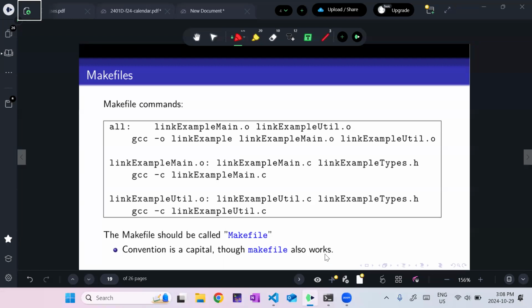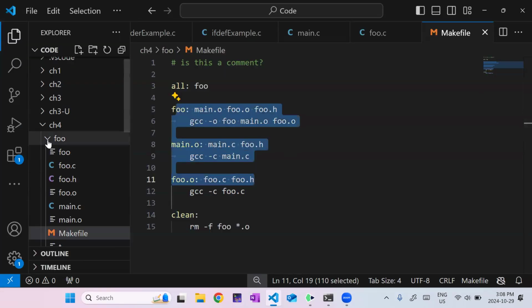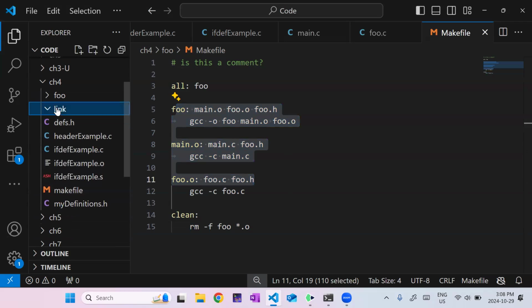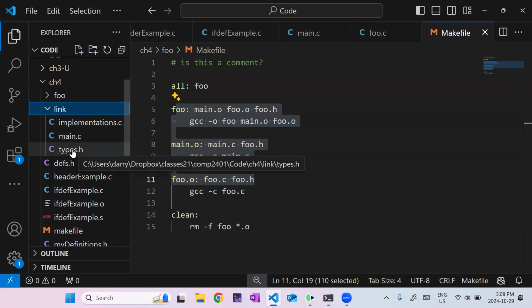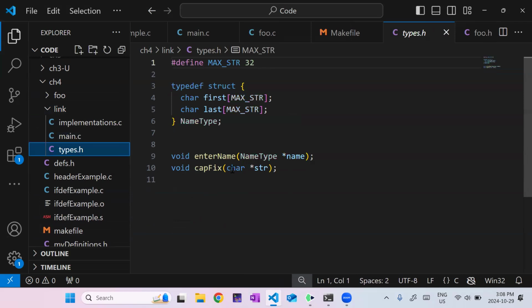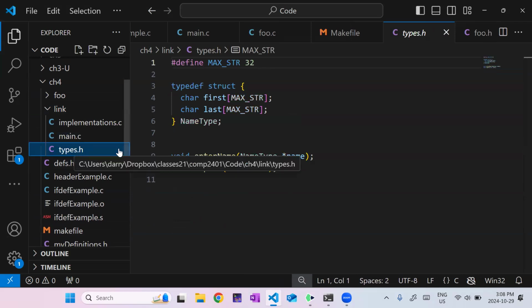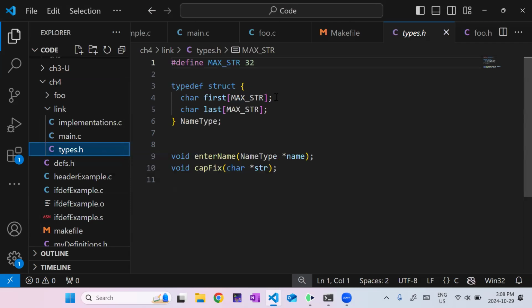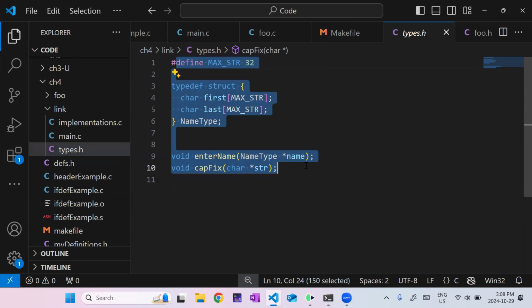Okay, another example, I guess that's a very simple example. Here's another example of that same sort of thing. So I have this types.h, or maybe you've seen defs.h. In assignment 4, it will be like a restaurant.h. This header file contains more stuff in it than the last one, right? So this is sort of what our header files are going to look like on the assignment.